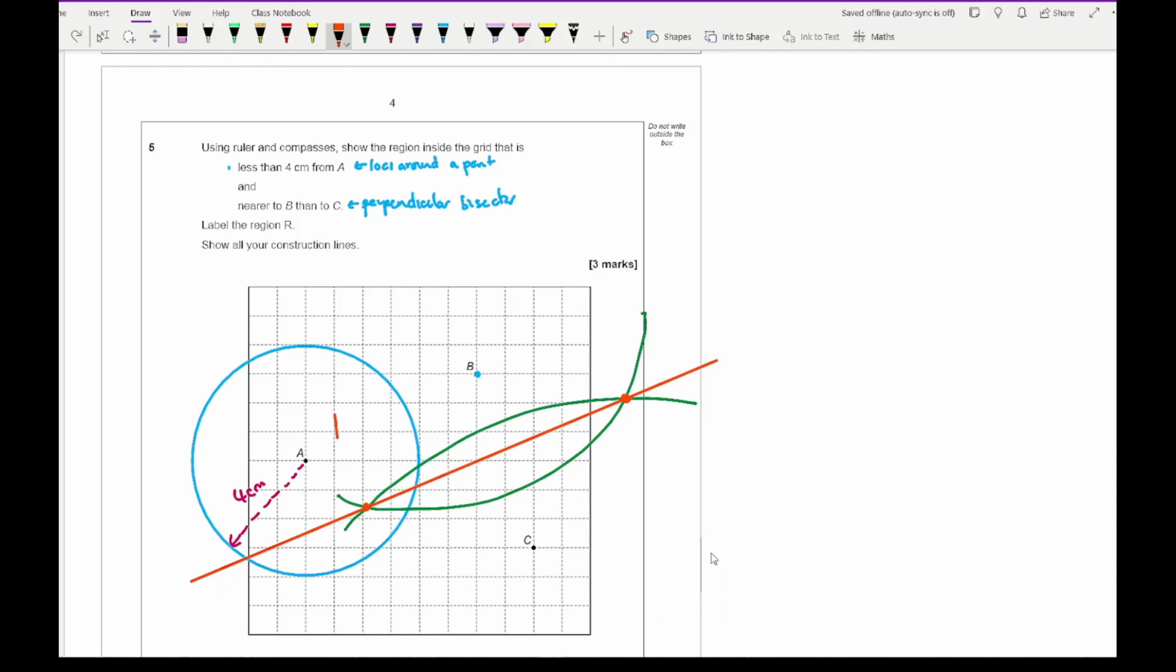So my region R is going to be this here, and if I just colour that area in, it's basically all of this. Now with any construction question, it's really important that you do not rub out any of your construction lines. So don't rub out the circle, don't rub out your arcs, because obviously that's going to be counted towards your